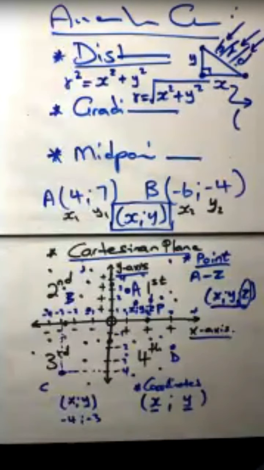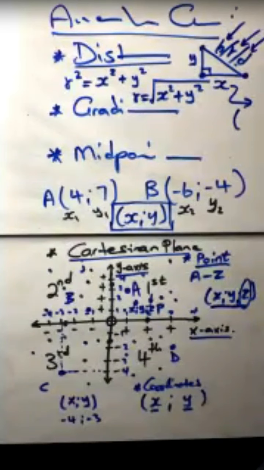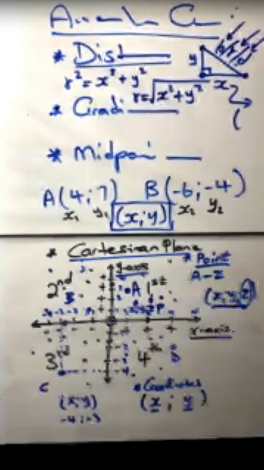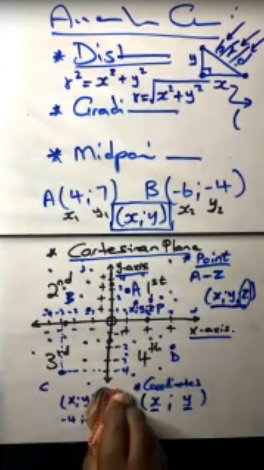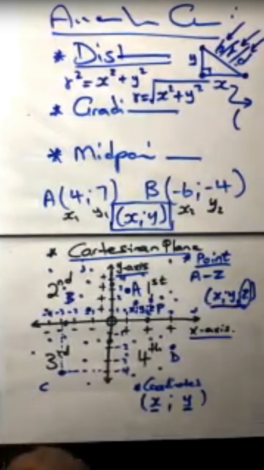So -4 is x and -3 is y. Shreyas, I think let me remove all of that. Remember,